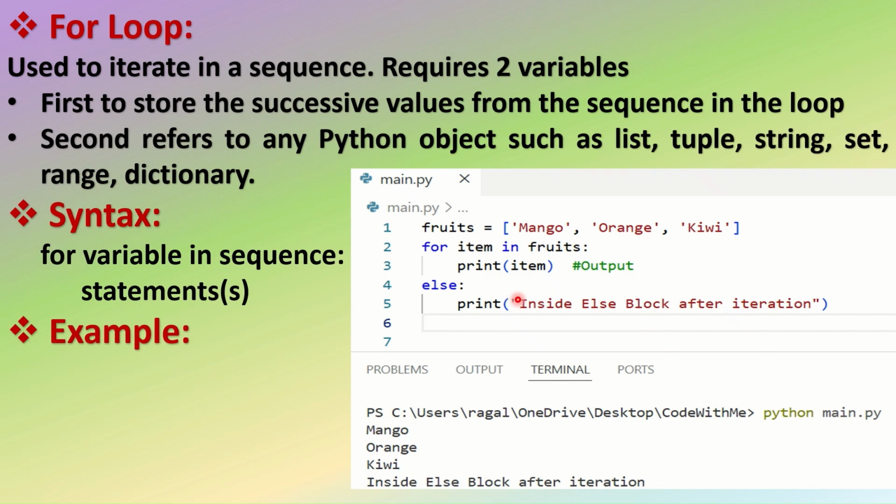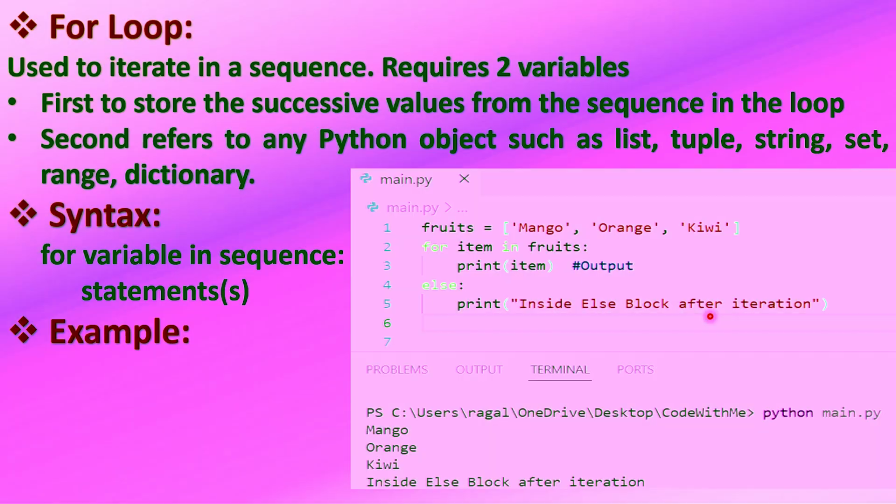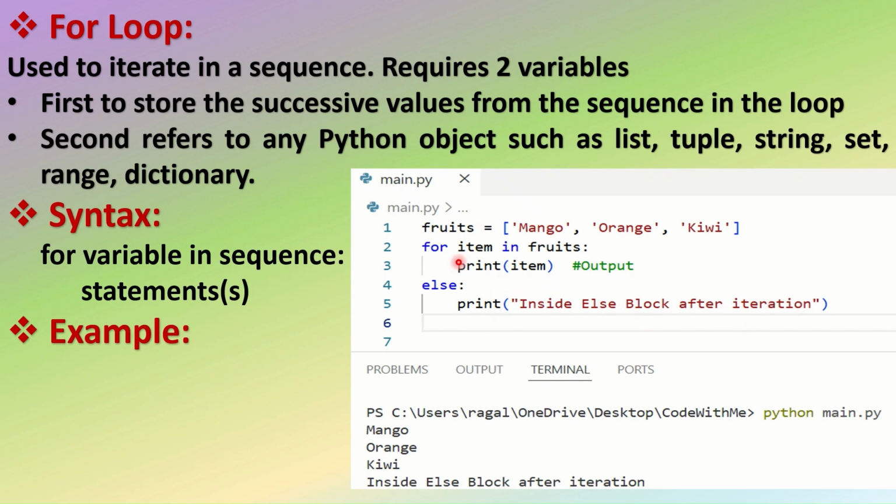So inside this else block, I have given a statement that runs after iteration. This is how you can make use of the else statement with the for loop. If you look at the output, it iterates through each and every item. First it comes here and checks this condition, and for the first item in this list,